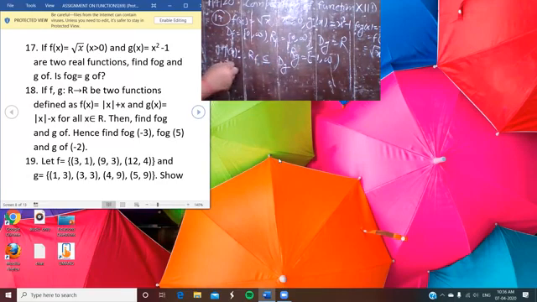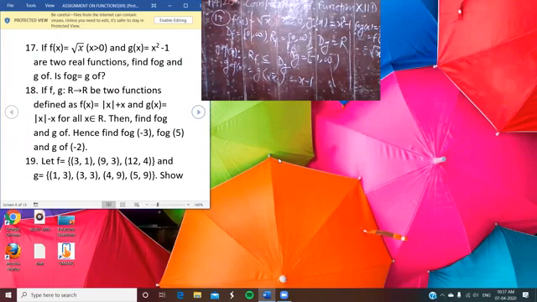Now find it directly. So g of f(x) is equal to g, and the value of f(x) is root x. That value is to be put here. So you have x minus 1. So in this way, the gof function is calculated very easily. Sometimes you have to follow the step which we discussed here in question number 17. The purpose of giving question number 17 is only to know how to find the gof and fog function when that type of condition also holds.